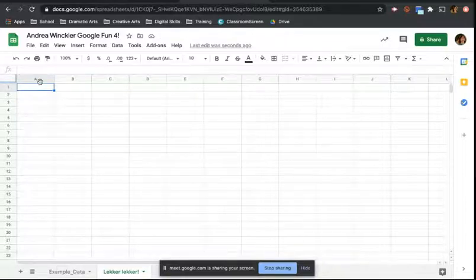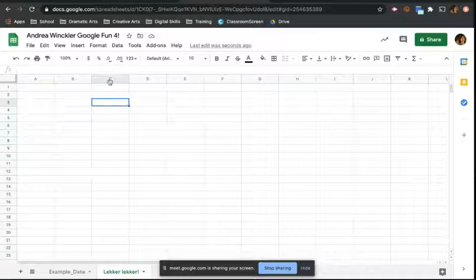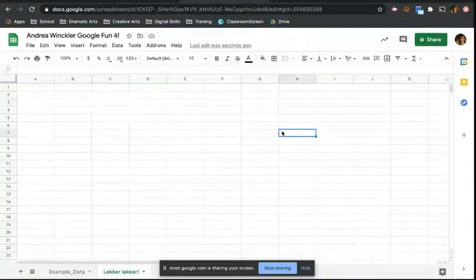So in Excel, in Sheets, just as in Excel, it's important to understand the naming of the different cells. We have the columns at the top, A, B, C, D, E, F, G, and that goes on to infinity. Those are the columns, and the rows are to the left: 1, 2, 3, 4, 5, and so on. If I refer to this cell, it's going to be C3. And this one would be H7, and so on. It's important to just know that's how it works. You put the name of the column first, the letter, H7, or whatever,